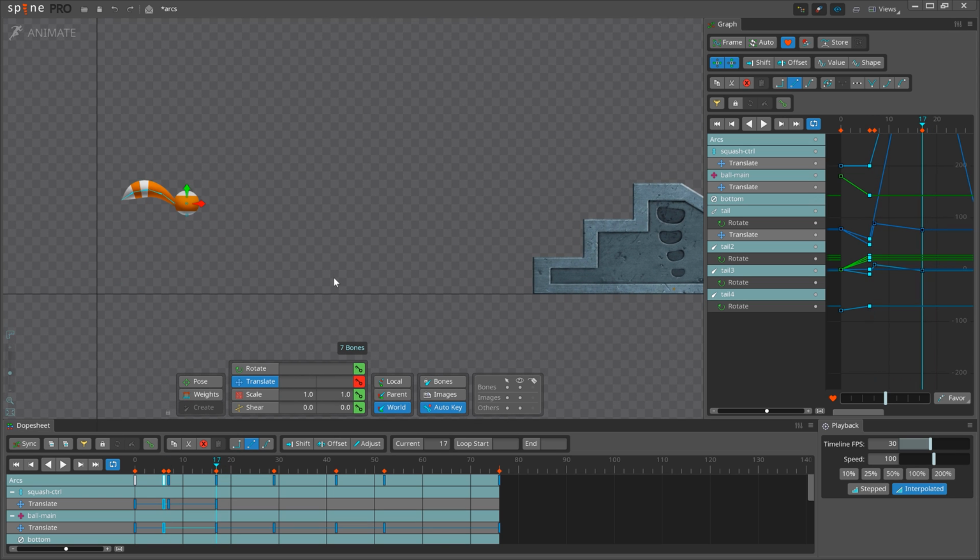I won't touch the tail for now. I'll concentrate only on the ball keys to find the timing and spacing that feels good to me.